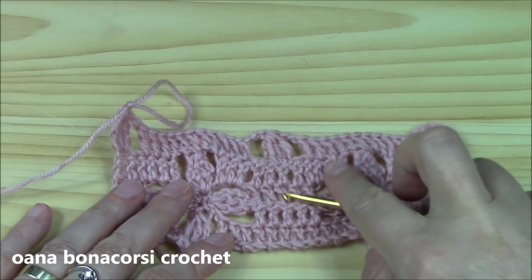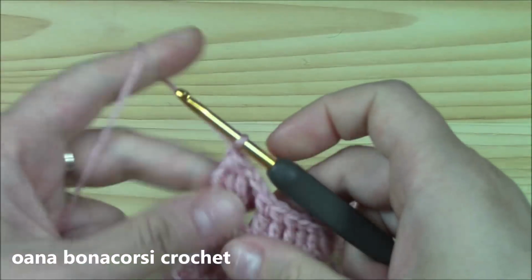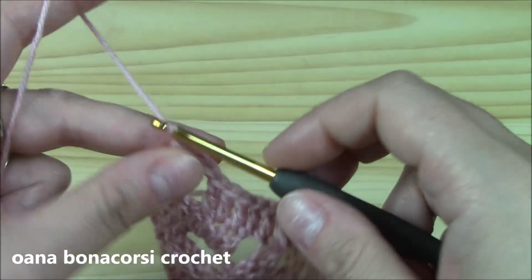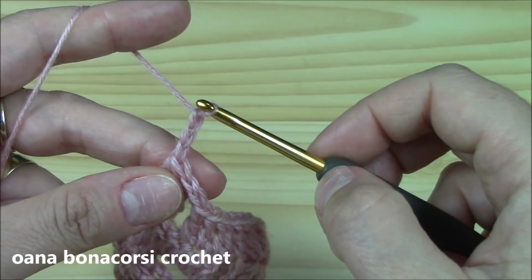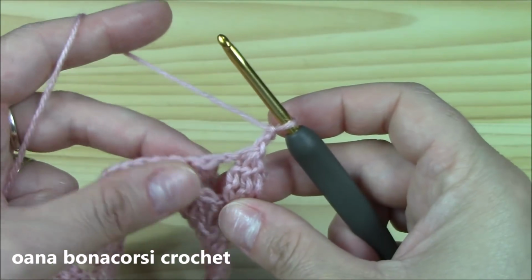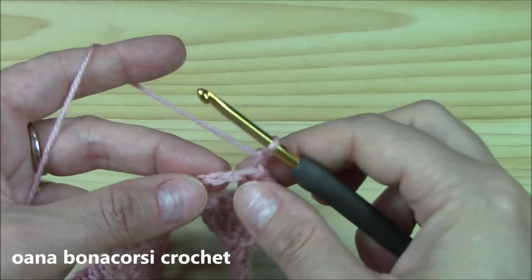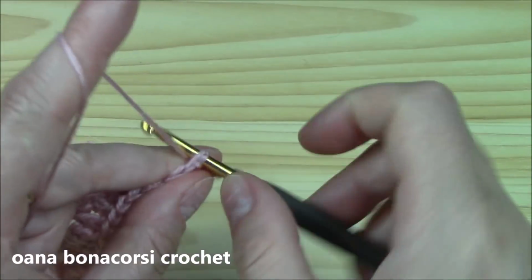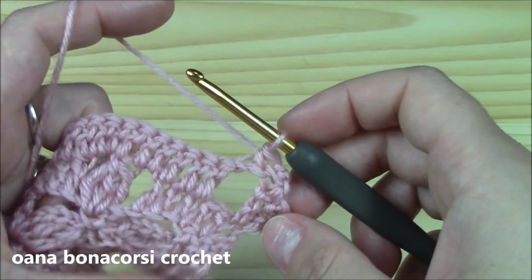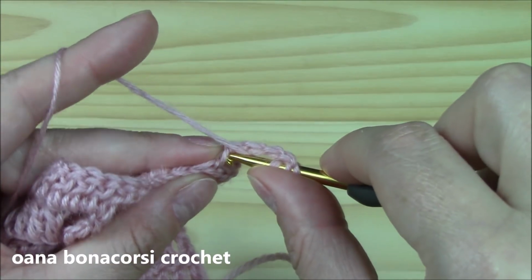This is the row number 5, the 4th row of the sequence to repeat. Let's go on with the row number 6, the 5th row of the sequence to repeat. So we chain 2 and we just want to turn our work into the first chain of the 2 chains here, insert hook and single crochet. So we have a chain 2 and a single crochet. Now we will chain 4 to work our petal. Insert hook into the single crochet